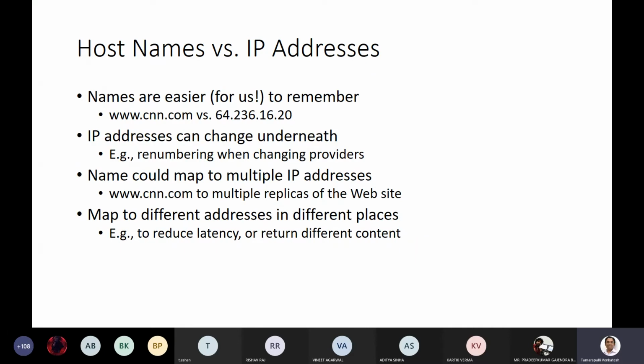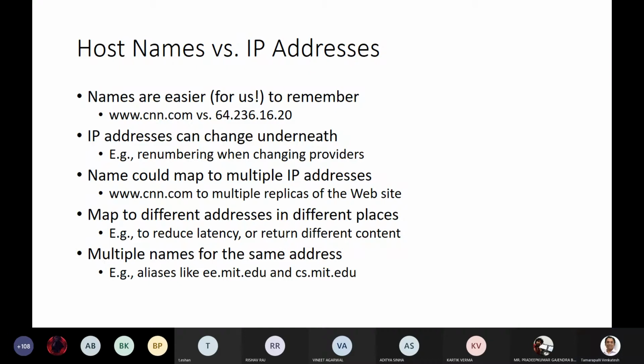So this has several advantages. It reduces the latency. You could also customize it to serve different content. For example, CNN.com may be served in Indic languages for people browsing from India. So for that, you need to identify that the content has to be served from a different replica, or a replica which is closer to a particular group of users. This is again one of the roles of DNS in tandem with the content service provider.